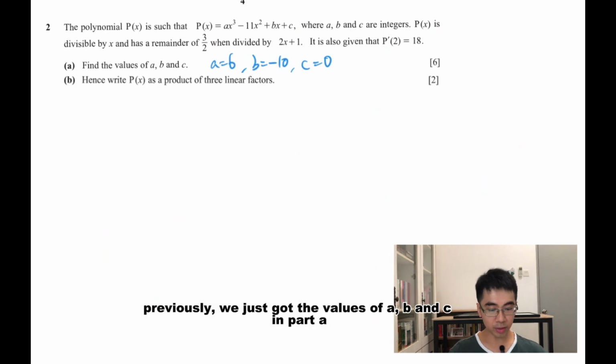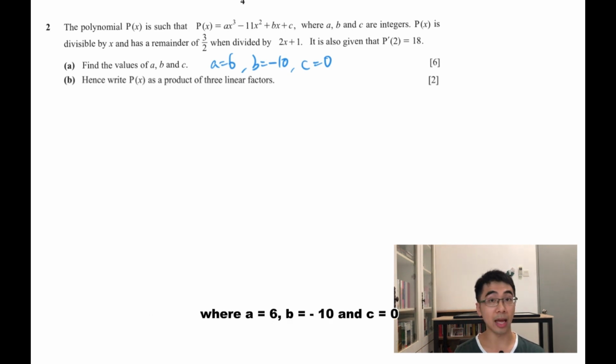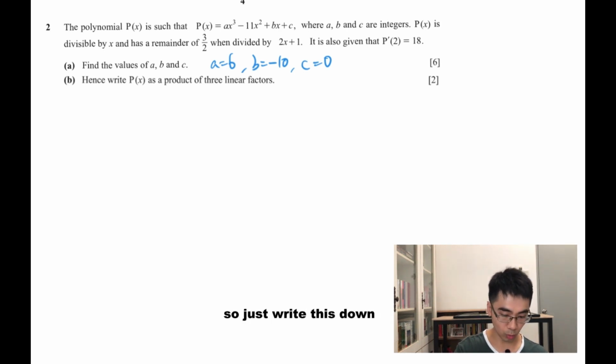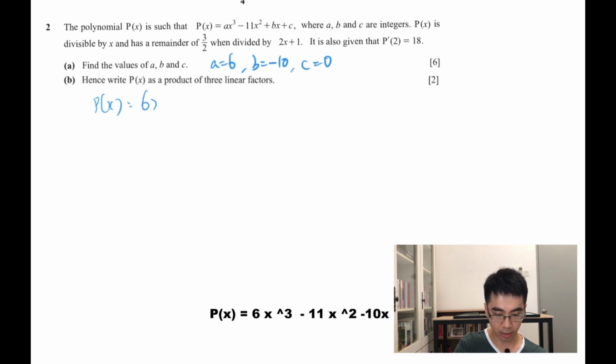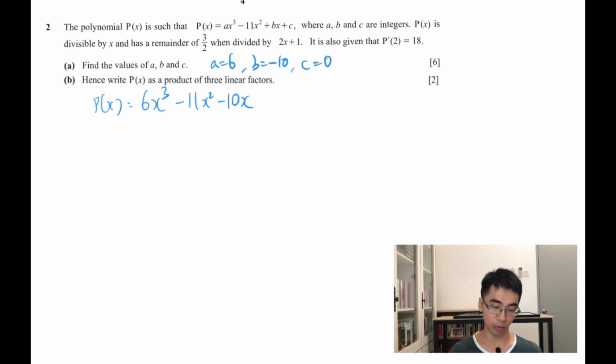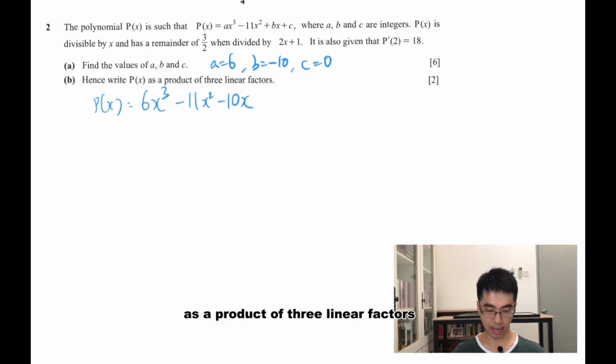Okay, so previously we just got the values of a, b, and c in part A, where a is 6, b is negative 10, and c is 0. So we need to use this. So just write this down. So p of x should be 6x cubed minus 11x squared, and then minus 10x plus c. C is 0. So just that's it. There's p of x. And then we need to write this as a product of three linear factors, which means